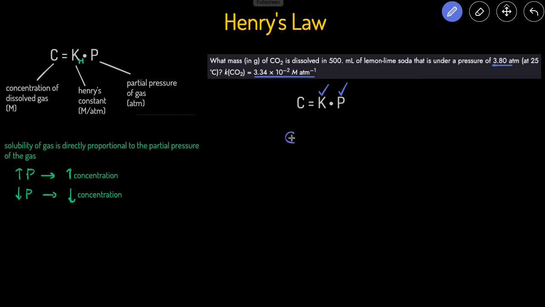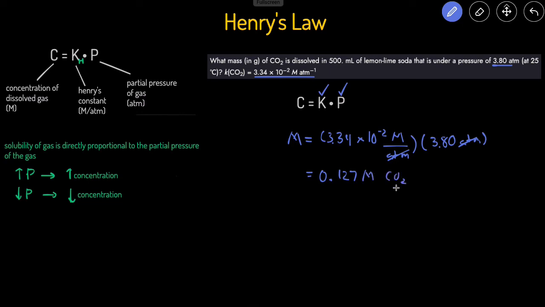So the molarity C, we'll just call it molarity. The molarity is going to equal the K times the P. So the K is 3.34 times 10 to the negative 2 molar per atm multiplied by the number of atm, which is 3.80 atm. Then the atm cancel out, so we're left with just molarity. 3.34 times 10 to the negative 2 times 3.8. That gives us 0.127